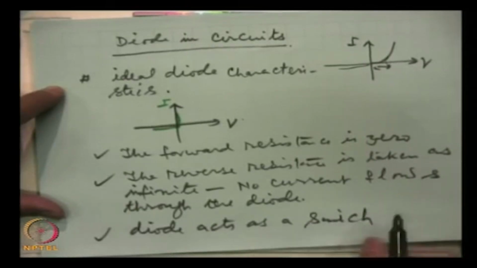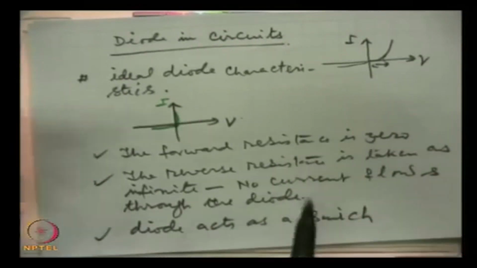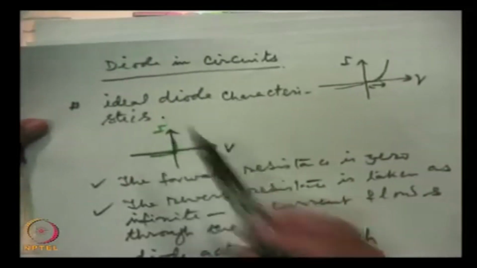The ideal switch, where forward resistance is 0 and reverse current is 0. Now, these are the highly idealized characteristics. Practical characteristics are